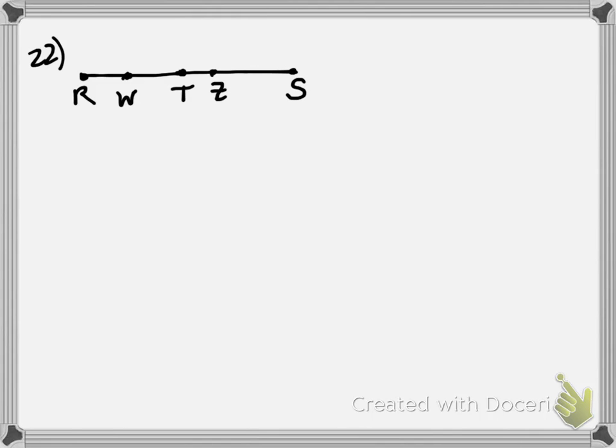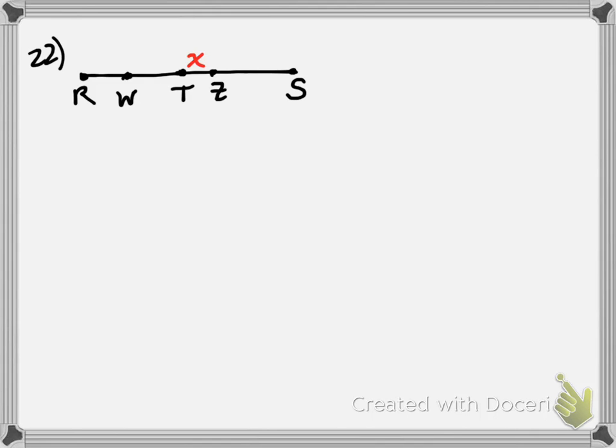Okay, so now what we're trying to do is find the following lengths in terms of x, if the length of TZ is x. And they said sketch a diagram and let WT be equal to, and I'm going to give him a new color,